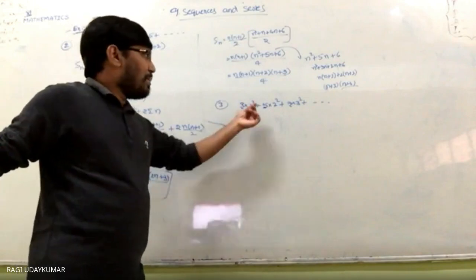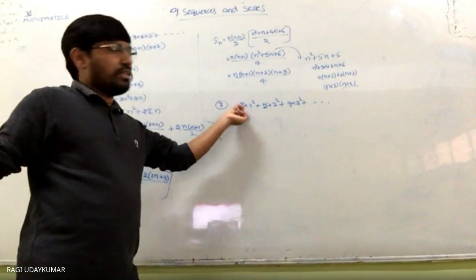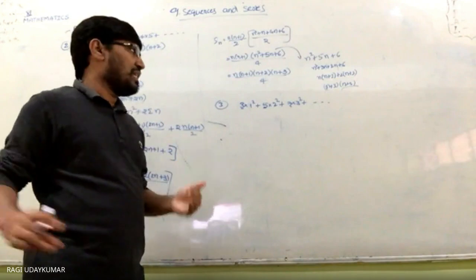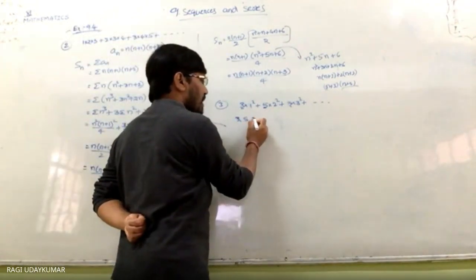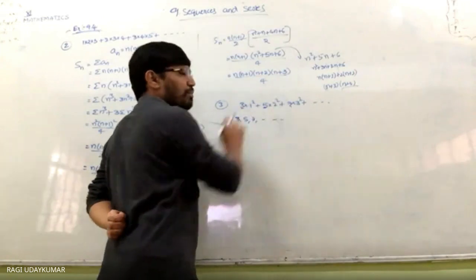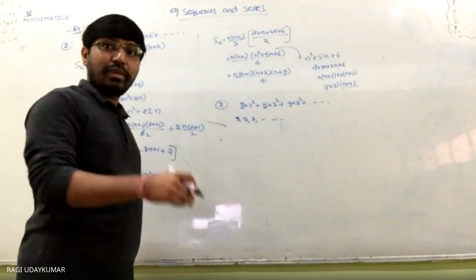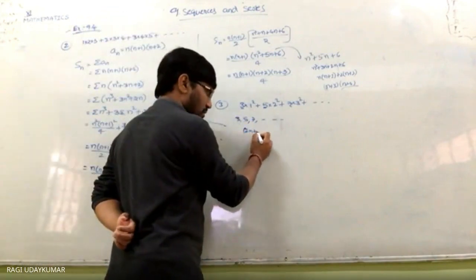That is okay. But here whenever you take 1, here 3, this is the first term. And if finding the nth term is difficult in this situation, you consider these individual terms 3, 5, 7 and so on. This forms an arithmetic progression. In this arithmetic progression, find the nth term. You are going to get it as 2n plus 1.